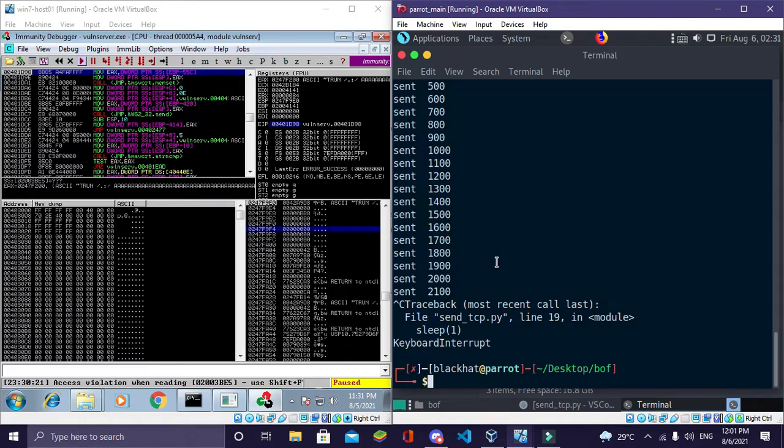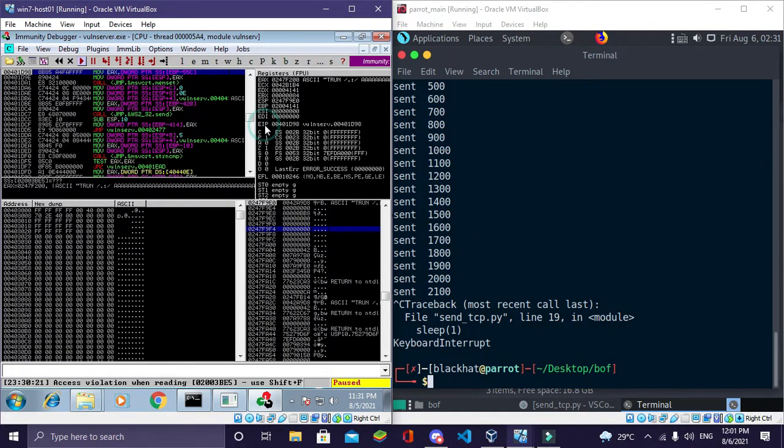Now it's time to find it exactly. We need to find exactly where the buffer ends and EIP begins. After the buffer, this EIP is coming up next. If we find the location of this EIP correctly, we can take control of this EIP and send our own commands to that server. Basically, we can take control of this machine. So now let's see how to find the offset, or otherwise the starting position of this EIP correctly.